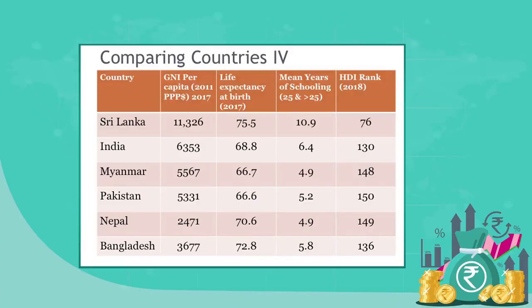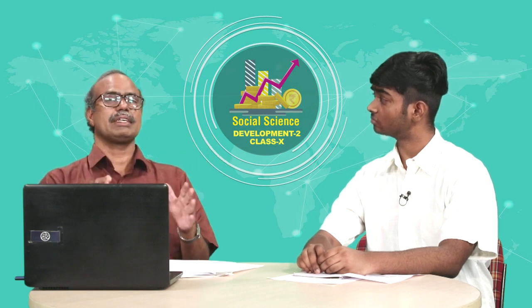This is the development indicator at the state level. You may be interested in how countries are compared at the national or international level. Is it possible? We have already seen the per capita income of the major countries, and countries also require other development indicators. So the one major source for comparing countries in terms of development indicators other than income is